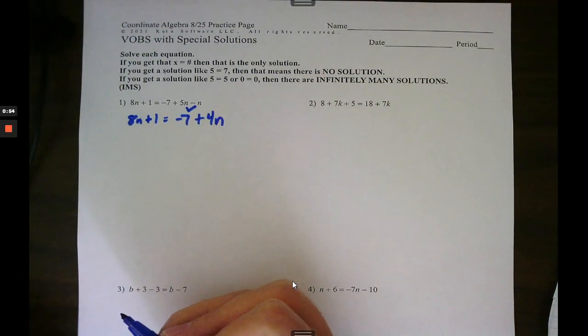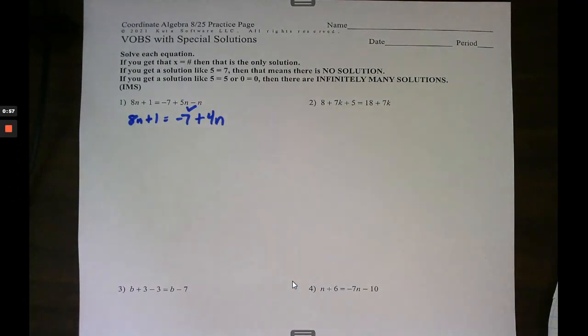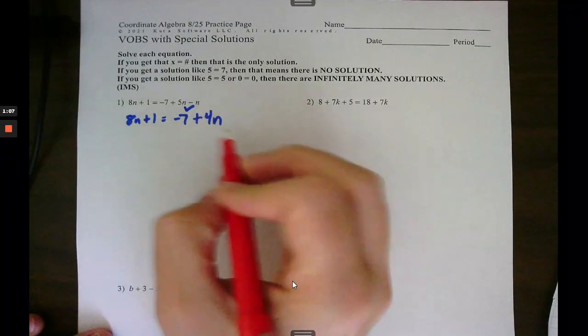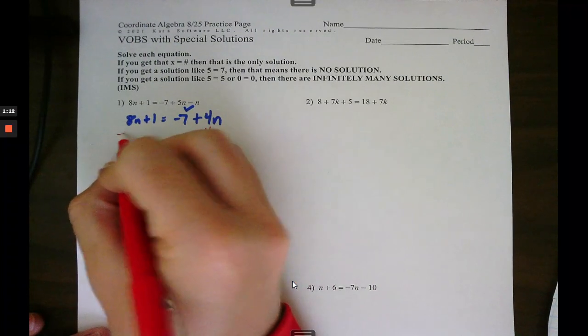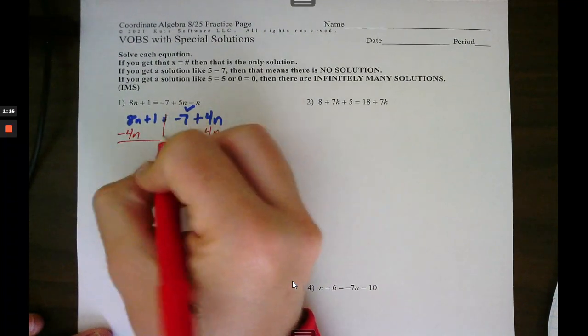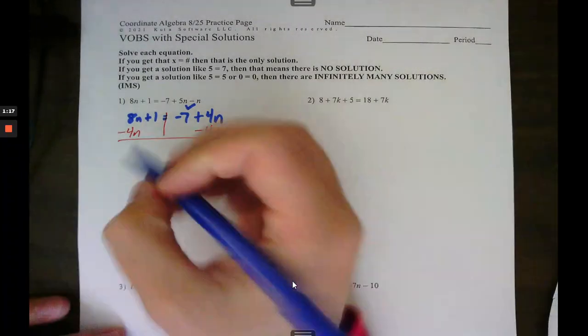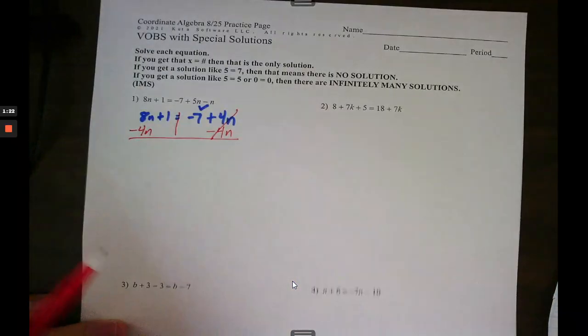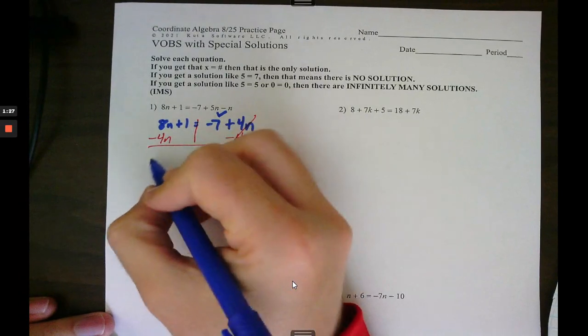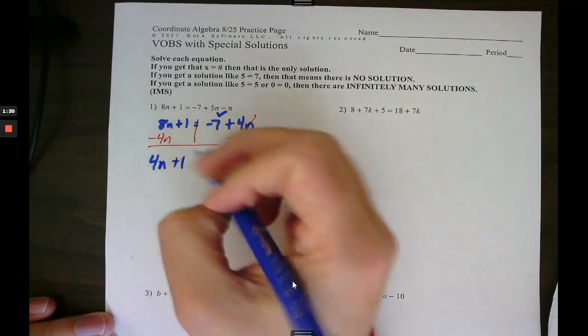Now I'm going to look to get my n's on the same side. And when I do this, I try to keep my n's positive. Doesn't matter if I move left or right, I try to keep my variables with a positive coefficient. So I've got a positive 8 here and a positive 4 here. If I subtract 4n on both sides, that's going to make sure that when I work this out, I get a positive answer. So those cancel, and I am left with 8n minus 4n, which is 4n plus 1